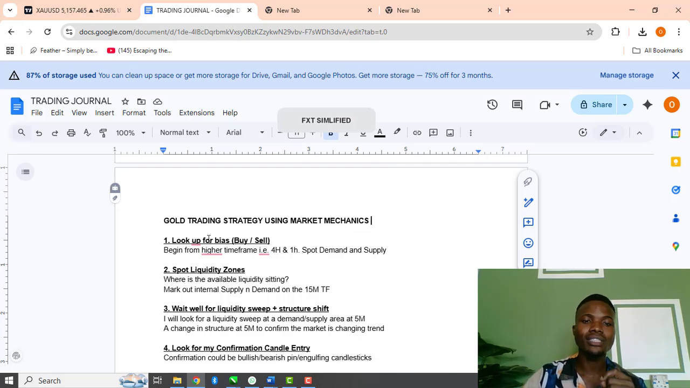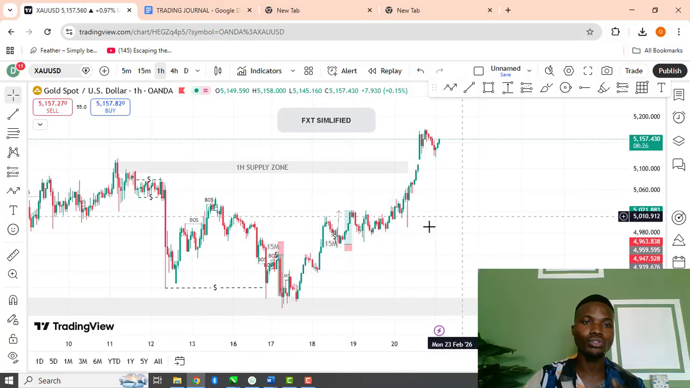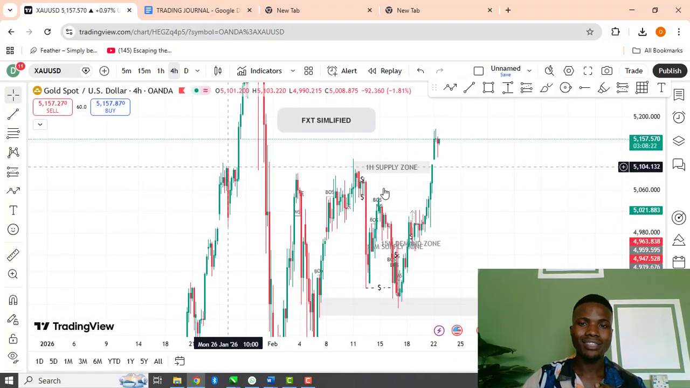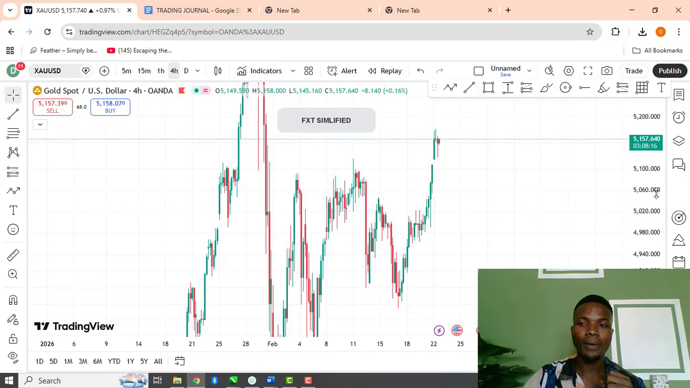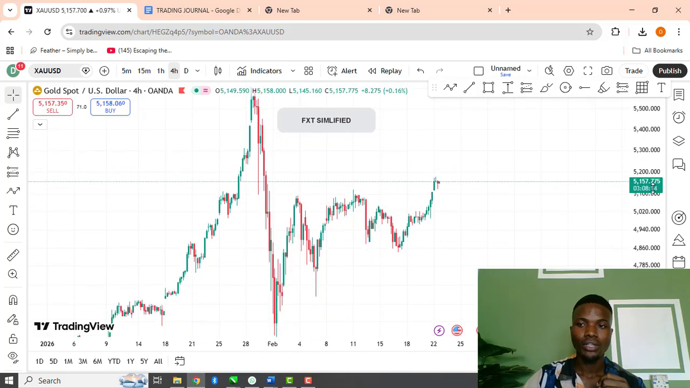So right now, this is the first thing that I do when I open the chart. So you can see that we have look up for buyers, buy or sell, which means begin from higher time frame, that is 4 hour and 1 hour, while we spot our demand and supply zone. So let us go right into the chart and do what we just read. All right, and I think that I should just remove all this drawing. All right, I've removed all this drawing. So now we can see that